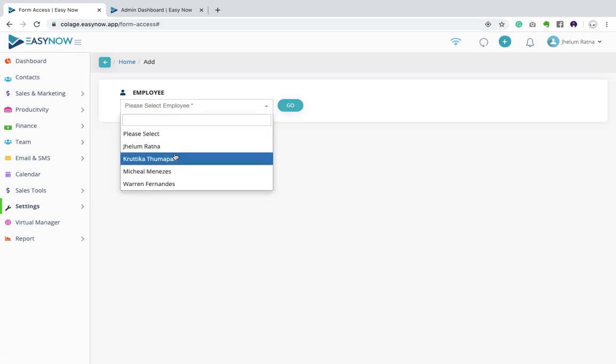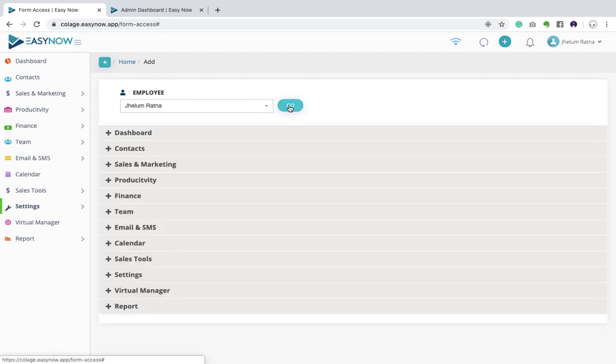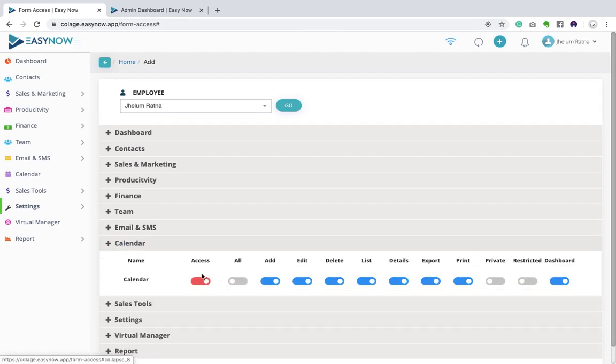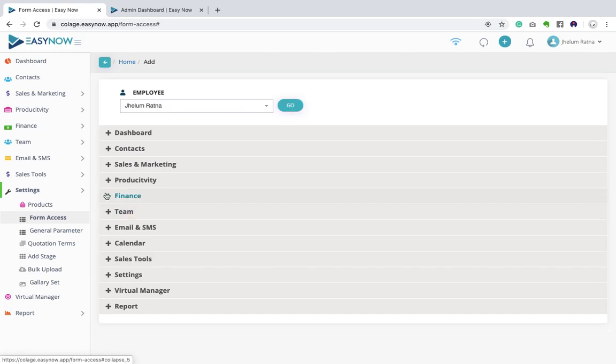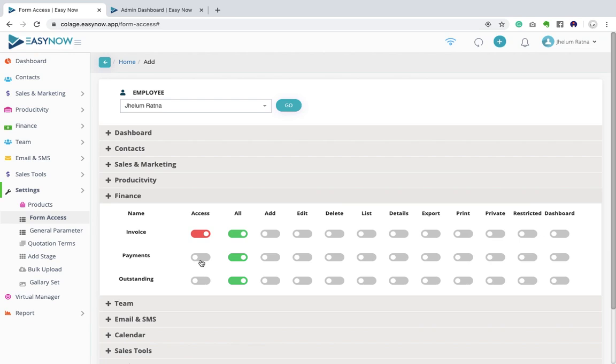Also, now let's say I want to remove calendar access, and I will refresh. As you see, there is no calendar in the menu. So by doing on and off in the access, you can revoke the access as well as you can give the access. Now let me give back the access,